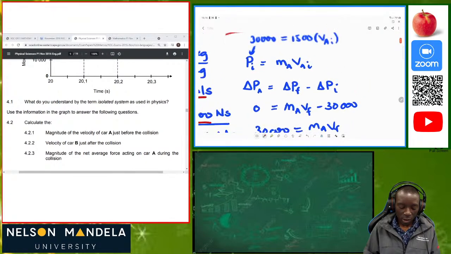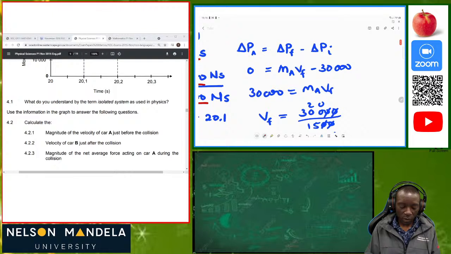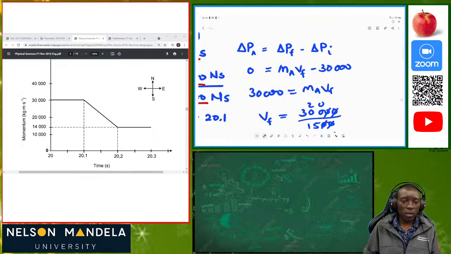So we said, if the change in momentum during this section, the initial horizontal section of the graph up to the point of collision, then